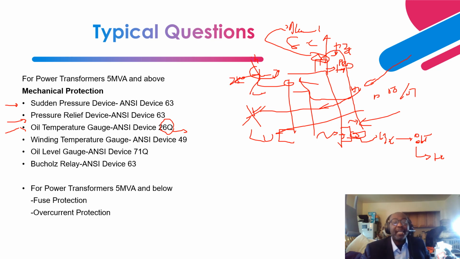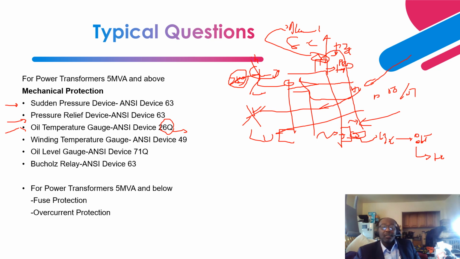This is the indication that is shown on the oil level indicator. Let me explain why you see the 25 degrees Celsius. It's because the oil is filled in the factory at a room temperature of 25 degrees. So let's say this is the oil level.